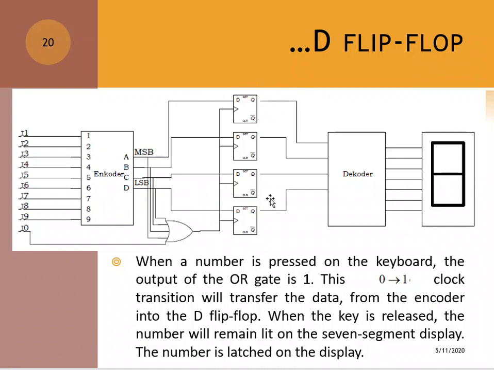Okay, 4 bit register tadi terdiri daripada 4 D flip-flop. Okay, 0, 1, 1, 1 tadi. Setiap bit tadi akan pergi juga ke OR gate. Jadi, bila masuk ke OR gate, bila ada salah satu input 1, dia akan menjadi 1. Output daripada OR gate ni akan masuk ke setiap D flip-flop ni. Dan 1 tadi akan activate clock. Okay, bila activate clock,